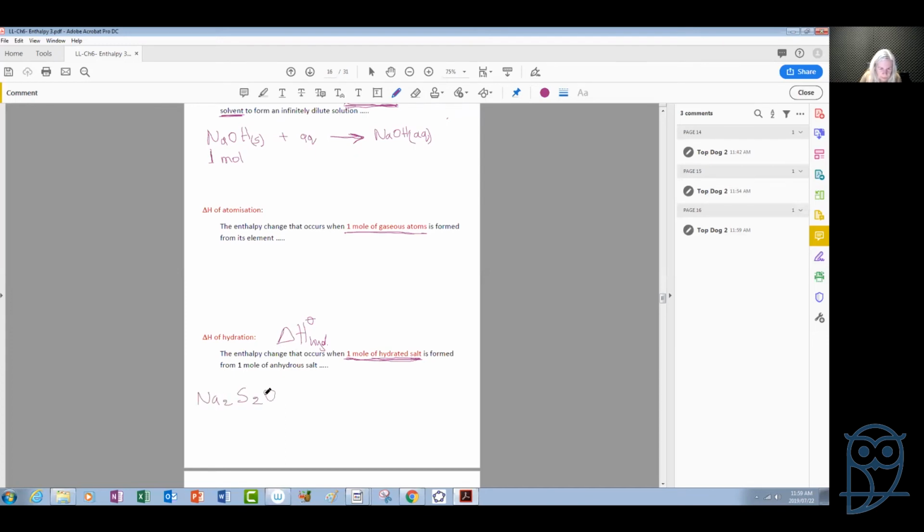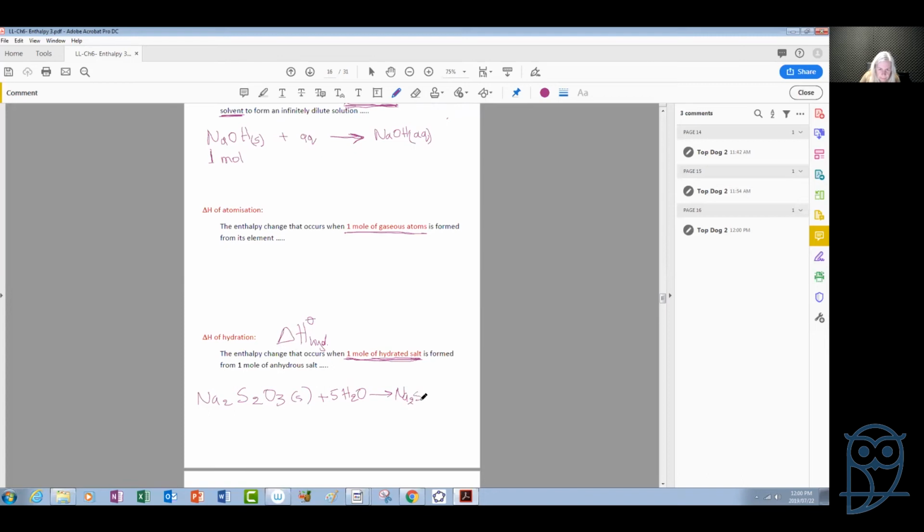This funny compound is called sodium thiosulfate. It doesn't matter how it's called, but this compound now reacts with water, 5 moles of water reacting with 1 mole of sodium thiosulfate, and the result is it produces